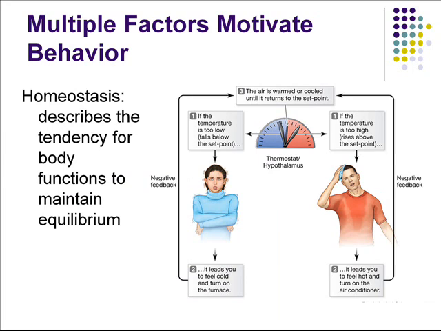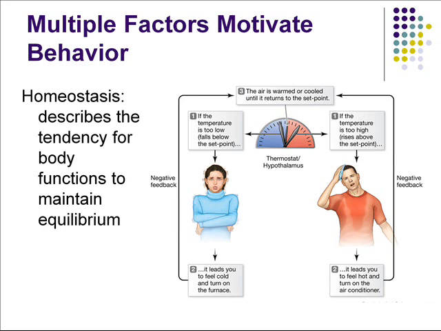That is, the tendency to maintain equilibrium. A good way to think about homeostasis is like a thermostat in your home. If it gets too hot, you'll turn down the thermostat. If it is too cold, you turn it back up. That is, there is a comfortable temperature for you to try to maintain.